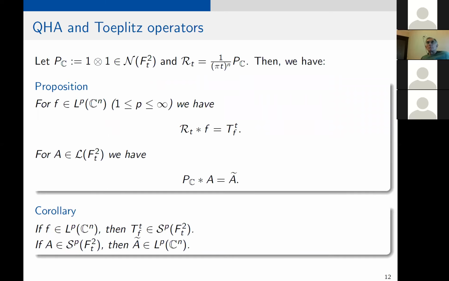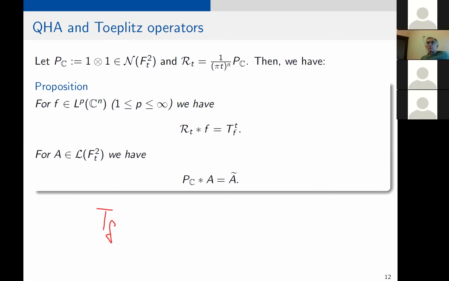Yes. In the previous, the definition of the Toeplitz operator with an arbitrary symbol F in LP, is it different from the normal definition with a bounded, essentially bounded function? Well, just to answer your question, the definition is the same in the sense that it's defined as the same integral operator, with the reproducing kernel. Exactly. It's just the same formula.